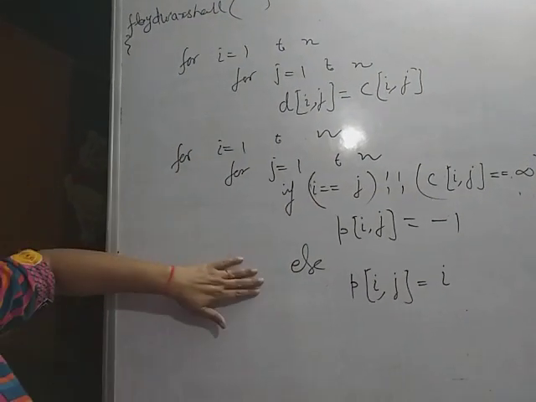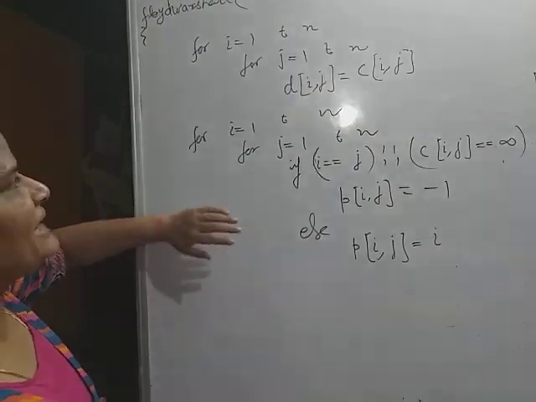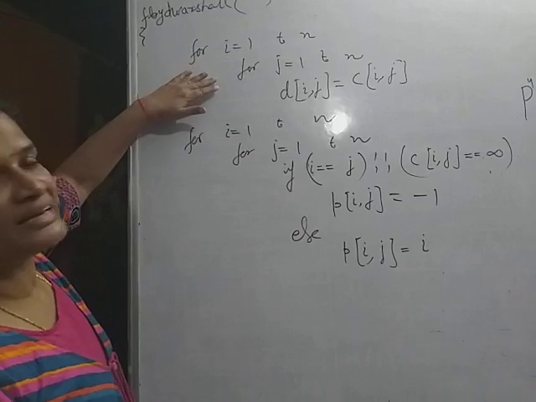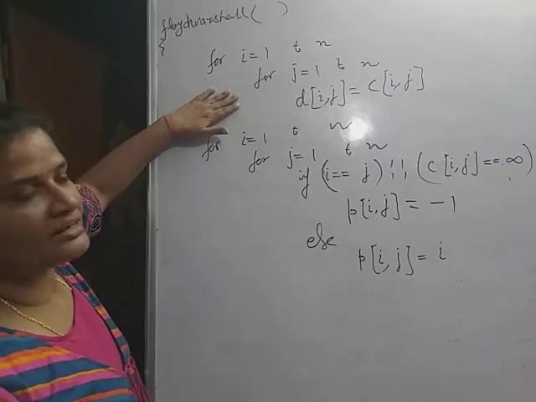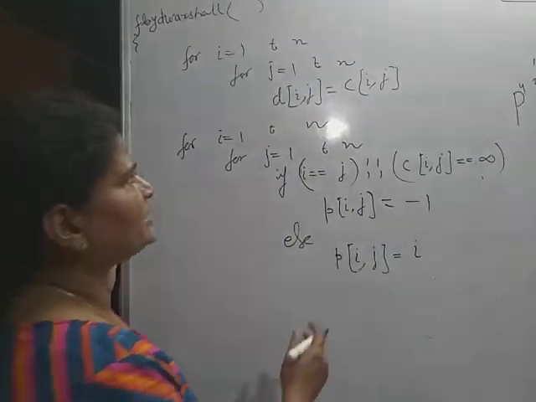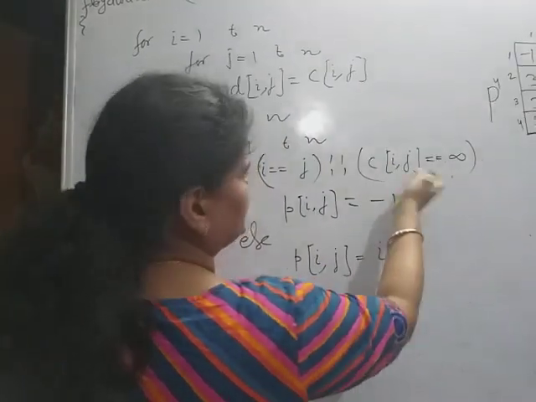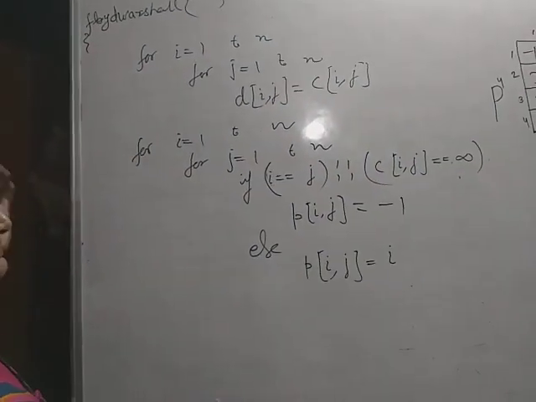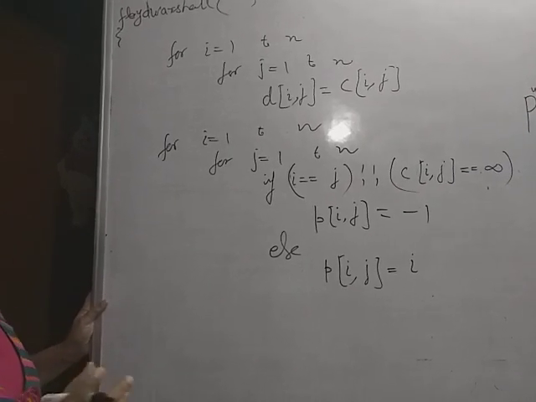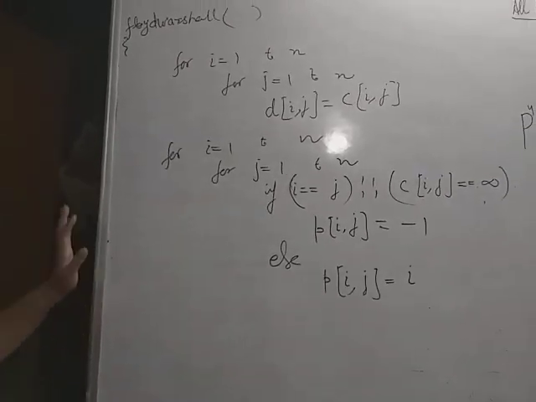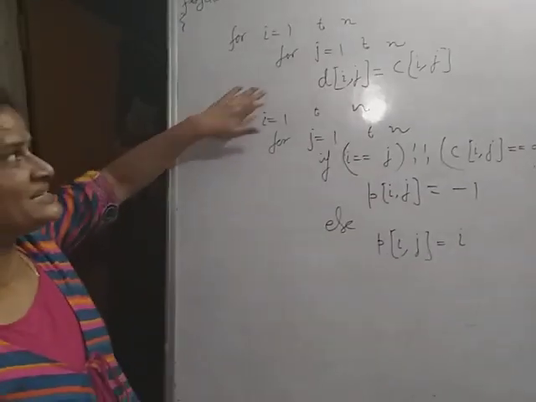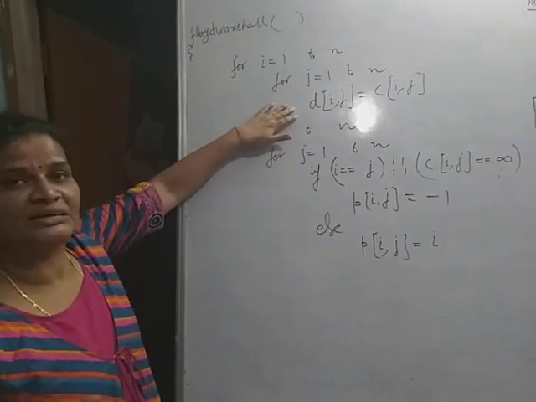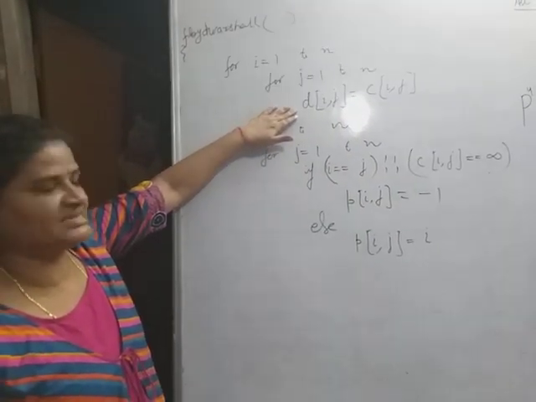This code is for the initialization of the path matrix, and this code is for the initialization of the distance matrix. Here you can write Dij also instead of cost matrix. Now the next is simply the code for updating the distance matrix, and I will update in the same distance matrix.